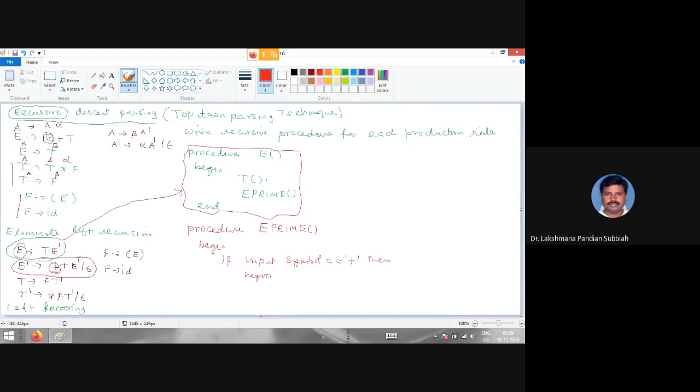Here we have to advance the input symbol. You have another function called advance. Advance means we move to the next symbol. The next one is we call another procedure. It's a non-terminal, so you have to call the procedure for T. Advance, then T. Next we have once again a recursive procedure call, so you have to call E prime.